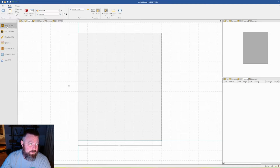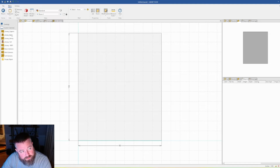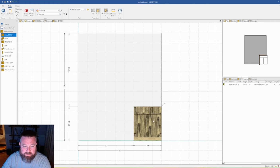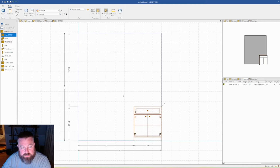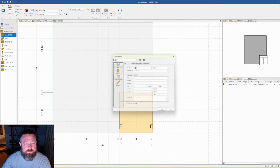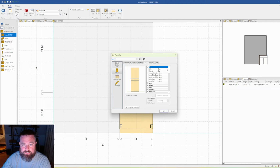All right, so let's go to objects. I'm going to go to custom cabinets and throw in just a generic base cabinet, your standard base, and we're going to build this thing out of a base. I'm just going to ignore, let's go to fill mode. Actually, under job, just so that it's more aesthetically pleasing,